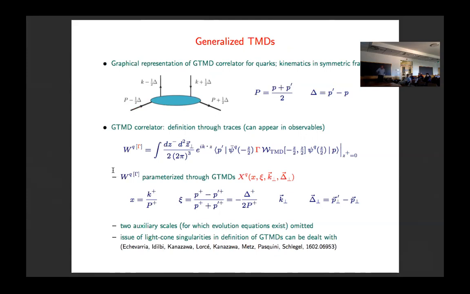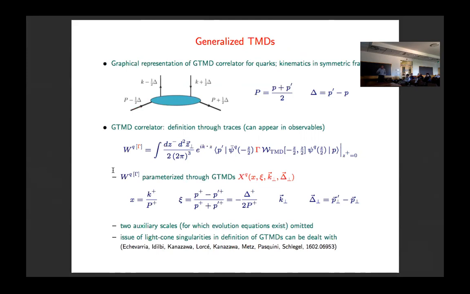We sandwich in a matrix gamma, which at least for leading twist selects a particular polarization of the quarks, and then we also have to worry about the Wilson line. Now, this operator is evaluated between different states. I just put momenta here, but you can actually add polarization labels, and then take the Fourier transform.